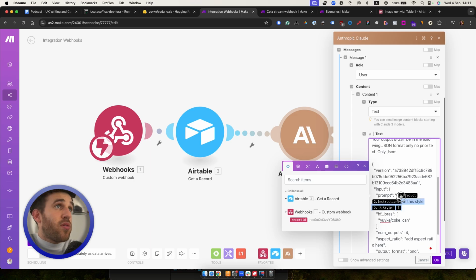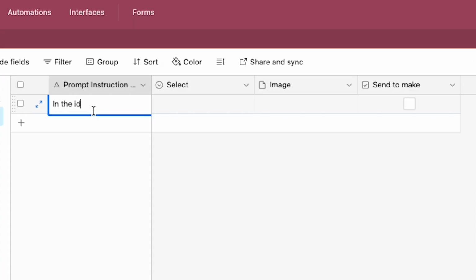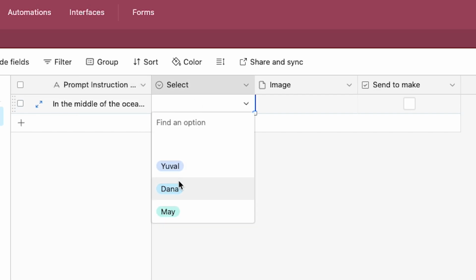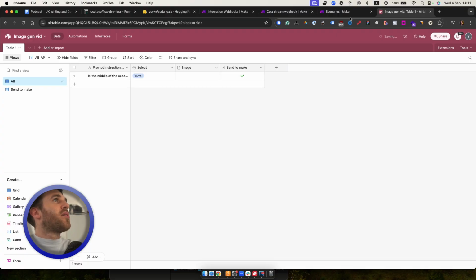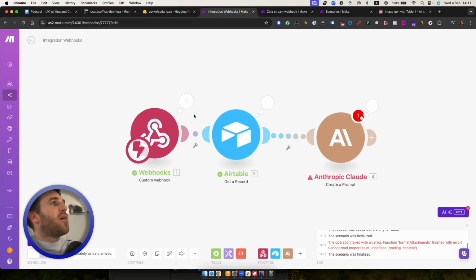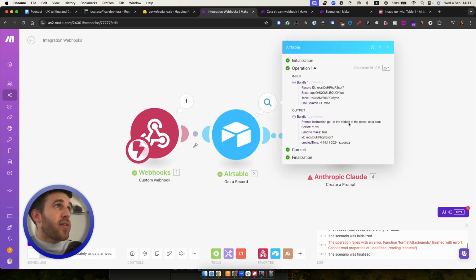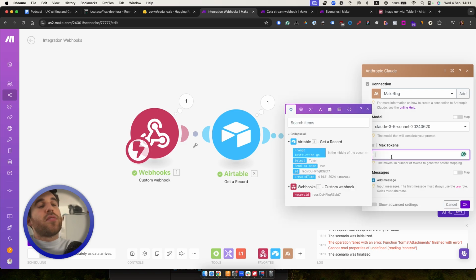You need to give it the prompt, so I'm just going to grab the Airtable record. Let me grab some data here. In the middle of the ocean on a boat. Person will be Yuval, and the image, that's about it. So I press send to make. Now I'm supposed to see the data right here. Great, and I have all of the information right here,